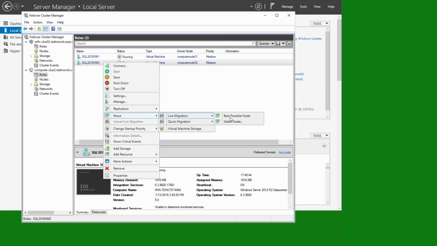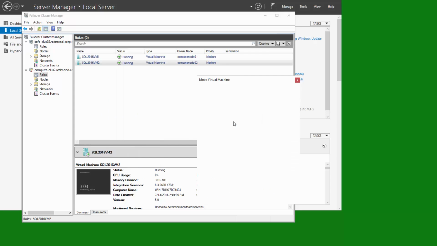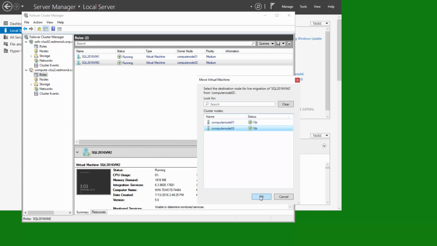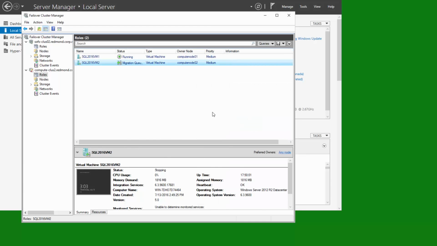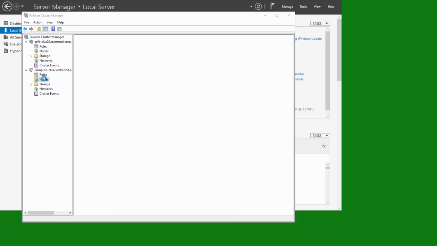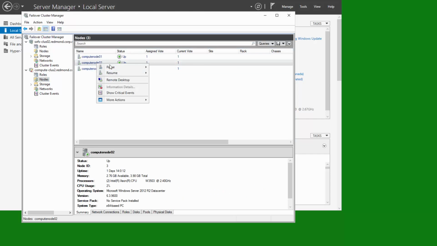Now at this point, let's move VM2 to compute node 2, or to compute node 3, sorry. This will free up compute node 2 so that we can upgrade it. It's still running. Now, we're ready to pause Compute Node 2. We'll pause it, let's evict it,